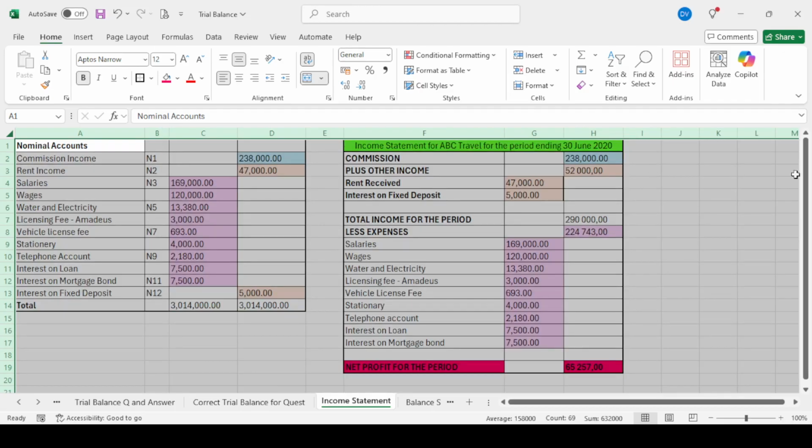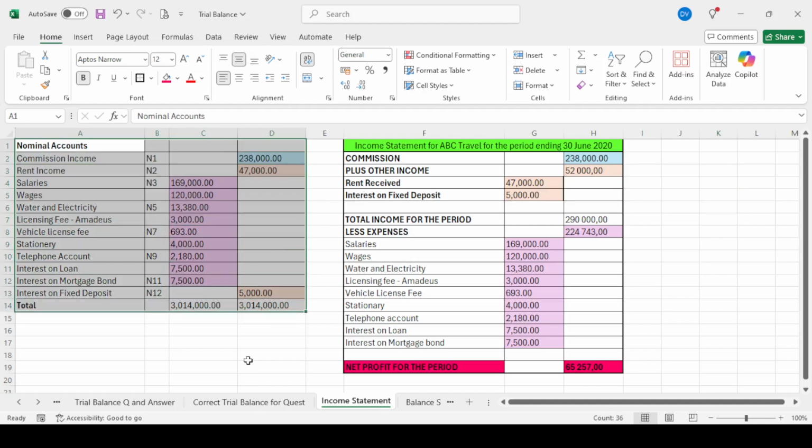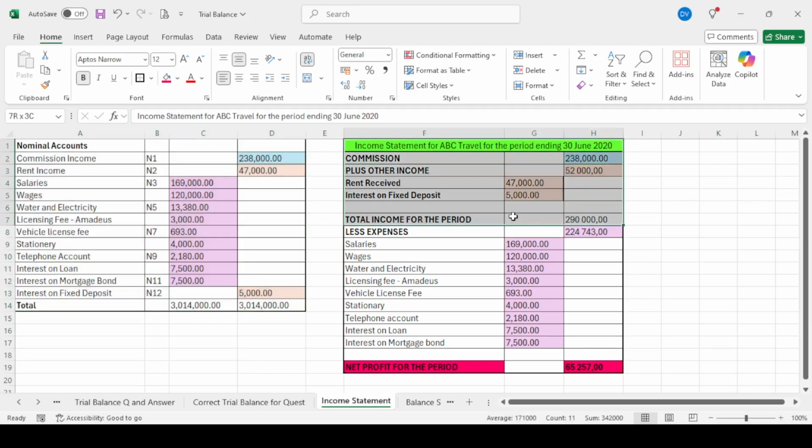There we go. So I know this is small on your screen now, but really what I want you to see is how you've taken only the information from the nominal account section of your trial balance and you've copied and pasted it onto your income statement.